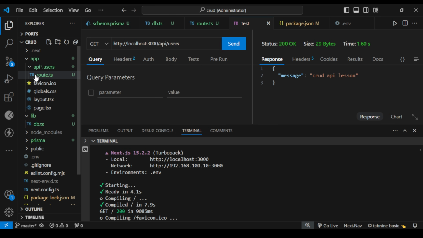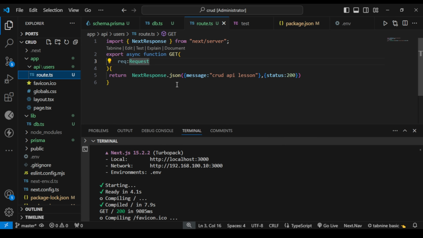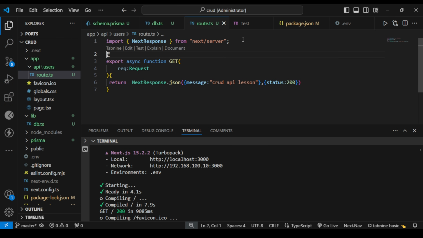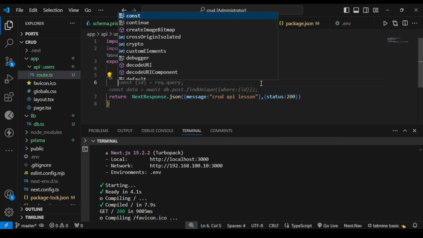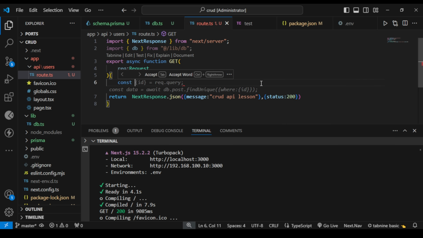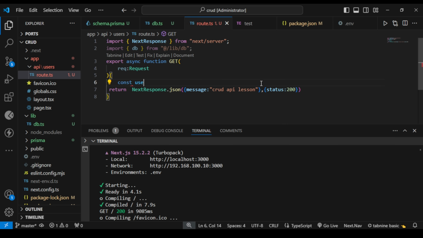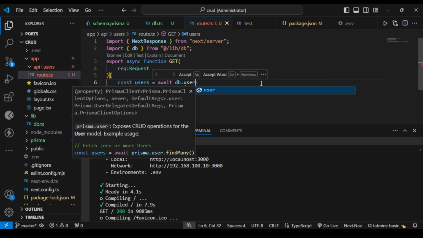Great. Let us go back inside our route.ts. Since we have already tested that it's working correctly, we need to import db. So importing db, and we're importing this from /db. Great. We have to declare a variable known as blogs. So we're going to declare a variable known as not blog but users, and you are saying it is equal to await db.users